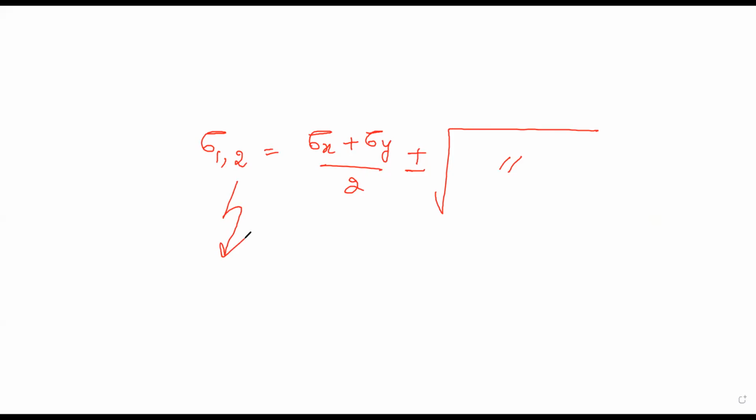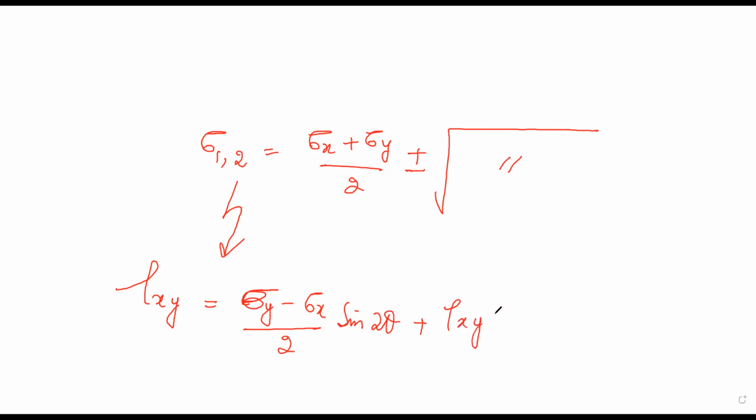Fine. Now return back to the equation of tau xy, which is equal to minus sigma y minus sigma x divided by 2 sine 2 theta plus tau xy cos 2 theta. Can you tell me what will be the value of tau xy at theta equal to theta p, the principal angle? In place of sine 2 theta, you will write sine 2 theta p and cos 2 theta p. Theta p you know; you can find that with the help of that triangle. Can you do it? These two I am leaving as a homework for you. And after solving these homeworks, you will be doing a question.